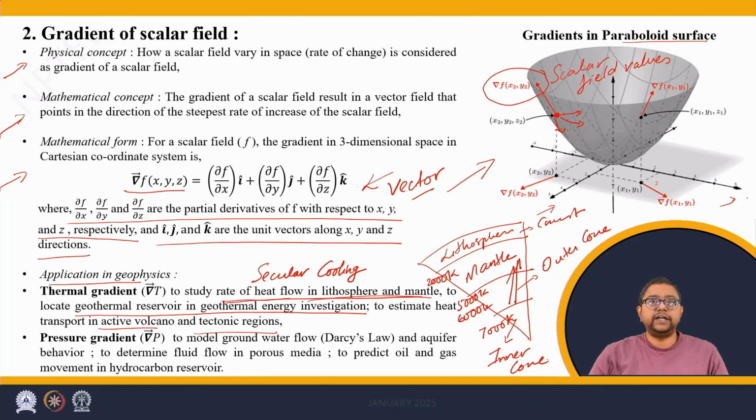Similarly, the pressure gradient. The pressure gradient is usually considered where fluid flows occur in geophysical applications. Prominently, the groundwater flows and aquifer behavior are modeled using the pressure gradient. It is important to understand and measure the pressure gradient behavior for groundwater flows to determine the extent of groundwater and the flow, to efficiently trap the groundwater.